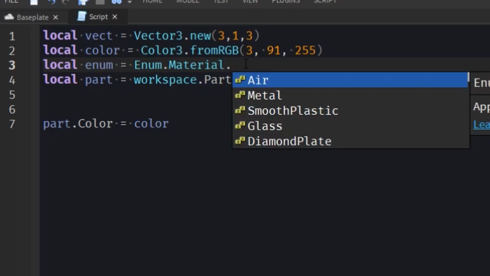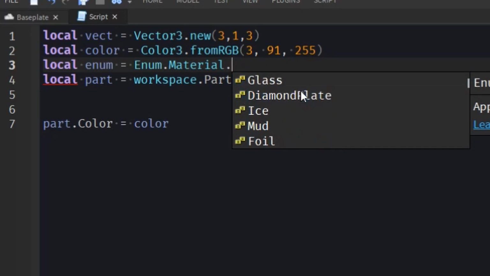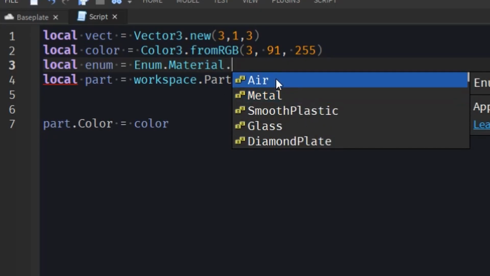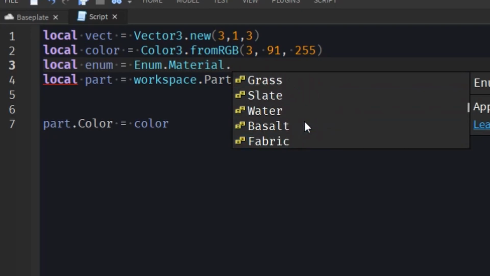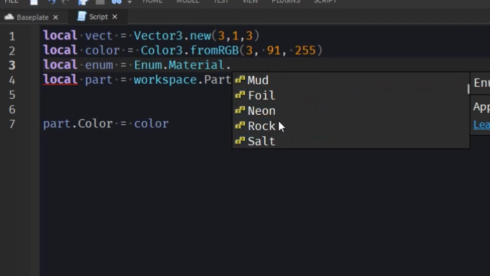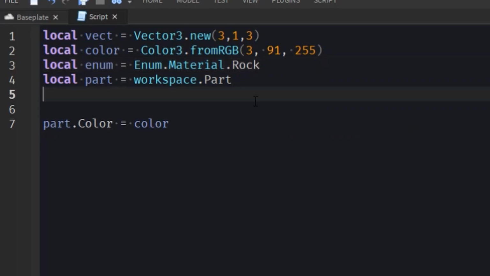Once you do Enum.Material, you get access to all these different materials, and these are the only materials you can really use, right? Because it's preset to the material. So it's all these materials in here. You can pick whatever material and use it. I'll just use rock because that's long, but